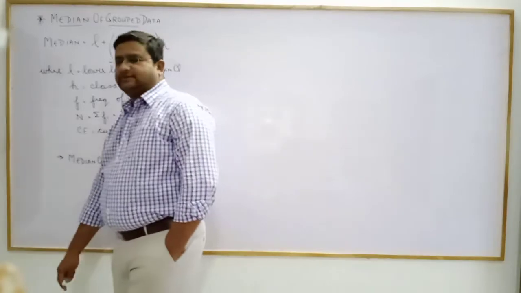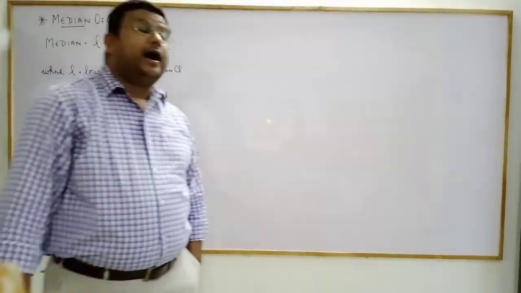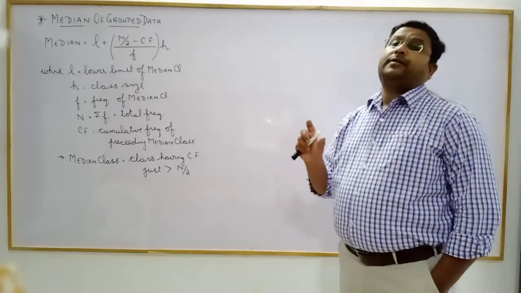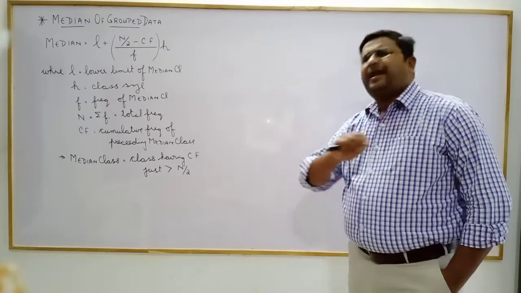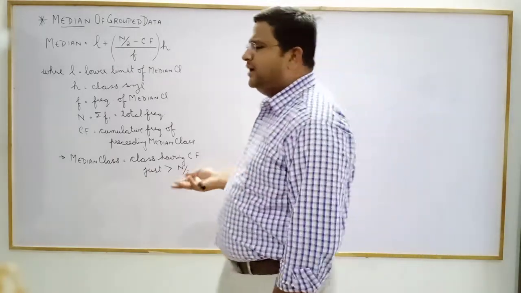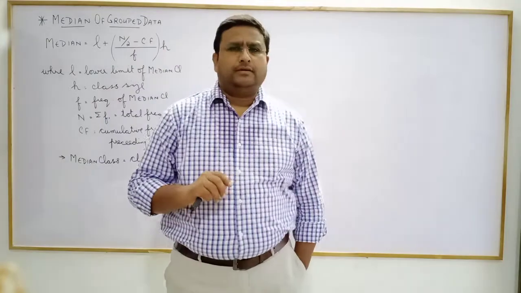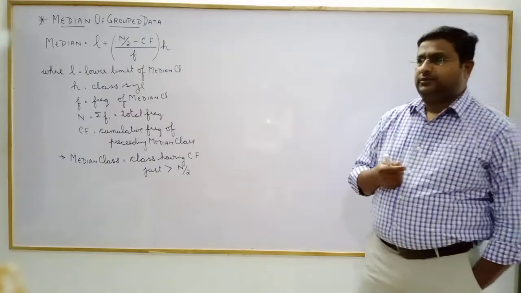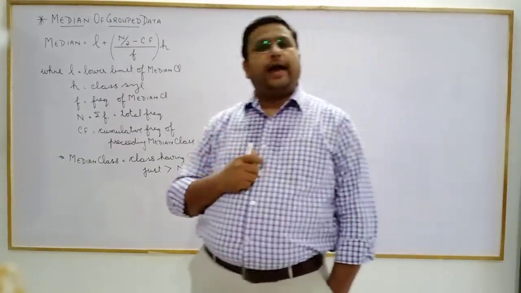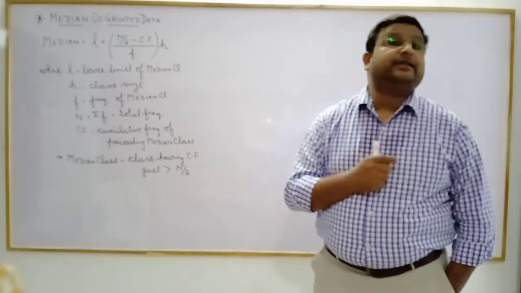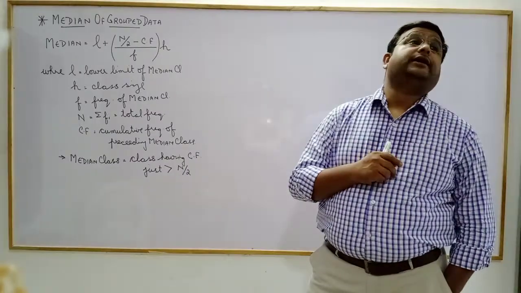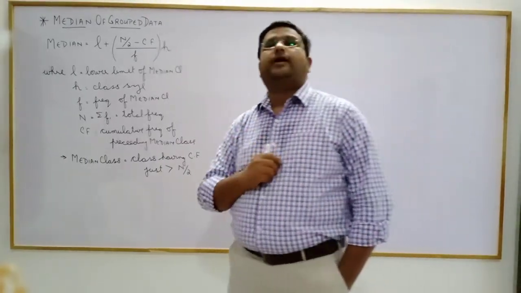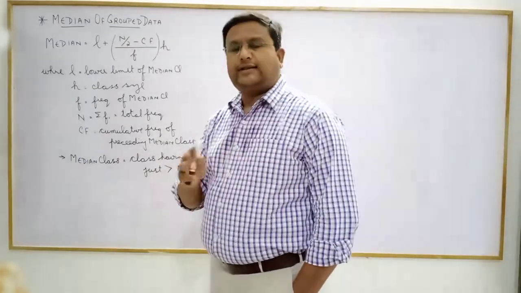If you remember, in class 9 we had done median for ungrouped data, where the data was not grouped. It was random data. Random data means supposedly you are told to stand straight in a line for assembly according to your height. So there you stood according to your height. If you remember, the first thing that we did over there was arranging the data into ascending or descending order. But here we will not have that problem because the data is already converted into groups. So that is what we have to check.